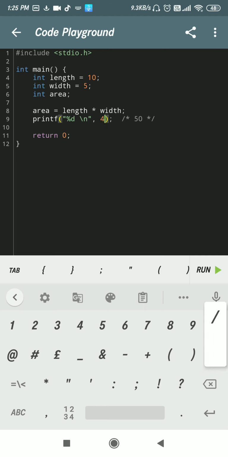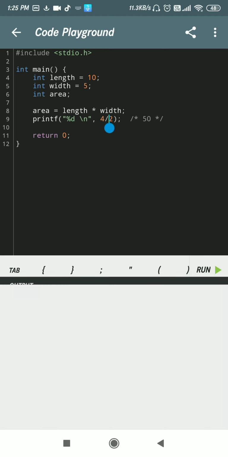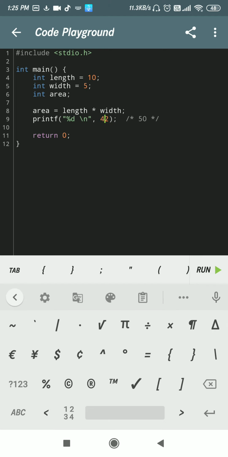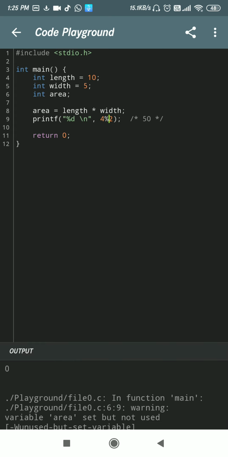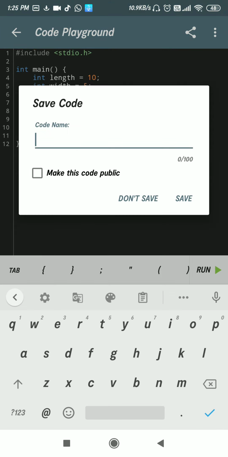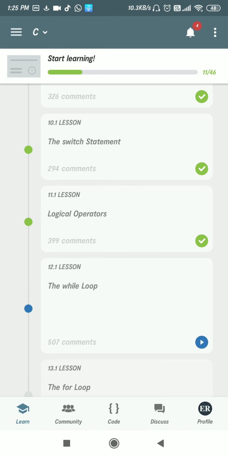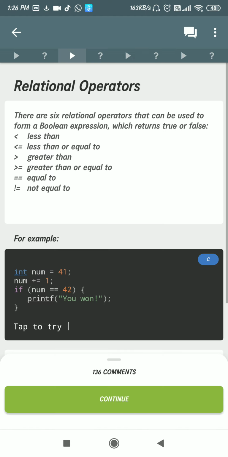If I say 4 divided by 2, the result should be 2, right? If I say the modulus sign here, the result will be 0. See here. So that is over, and the next will be the relational operator.